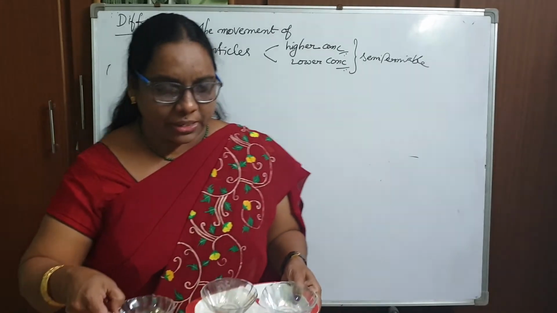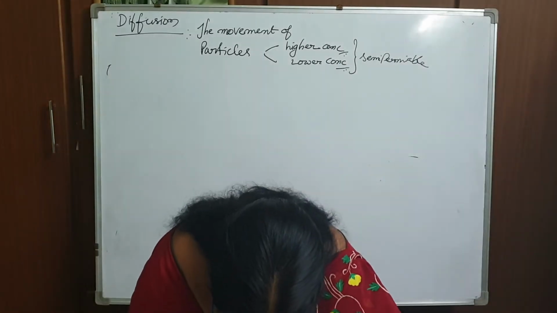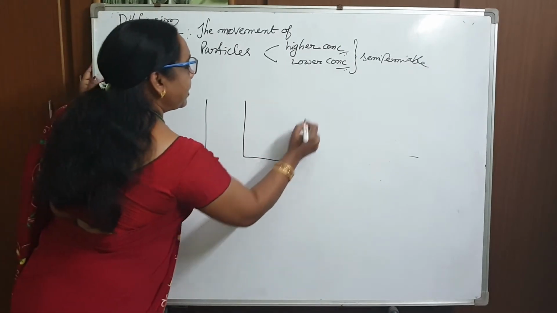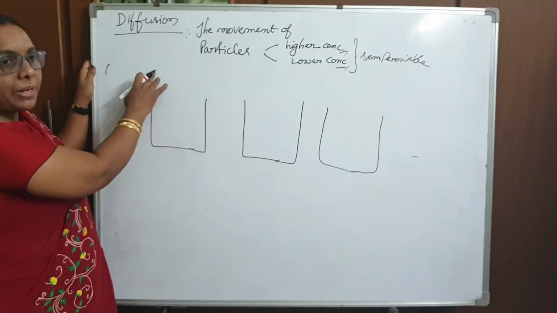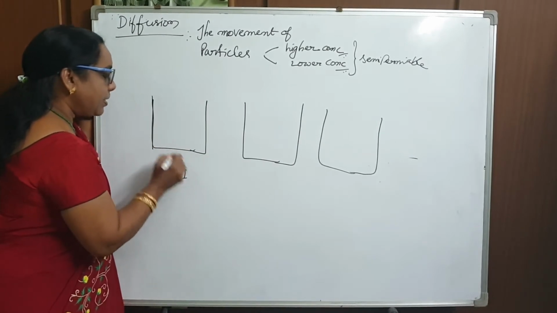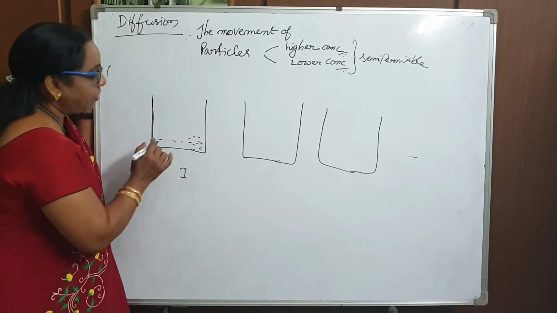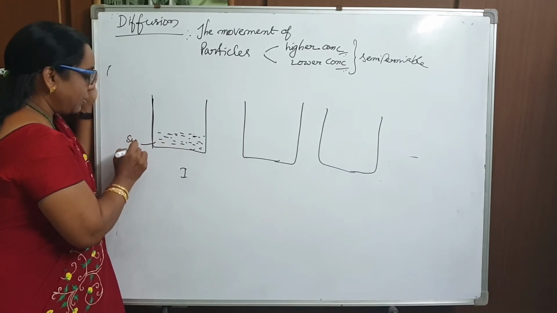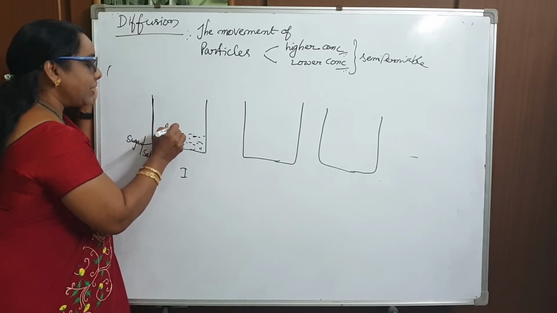Take three beakers. Three different solutions we are seeing here. One is hypotonic, another one is hypertonic, and the third one is isotonic solution. First take three beakers. Just now I said, keep in your mind, this is the movement of the particle from higher concentration to lower concentration. The first beaker, just fill with water only. Children, don't think about solute, solution and solvent. We took the water inside this and then add either the sugar or the salt solution. And take the dry resins like this.